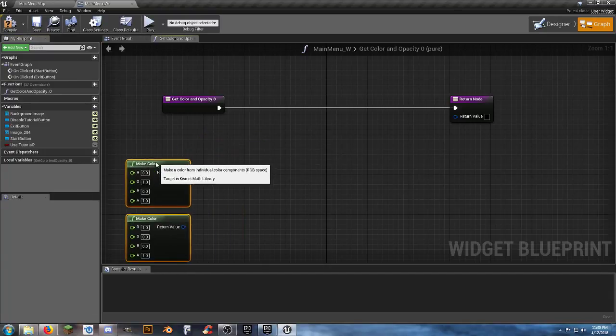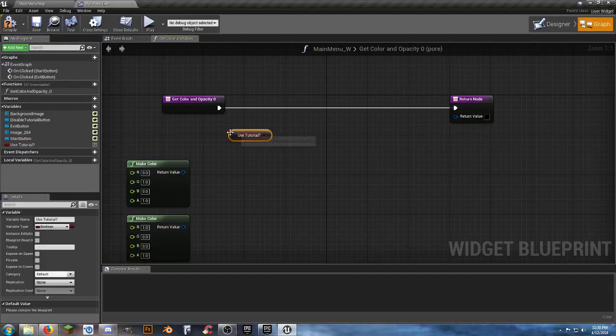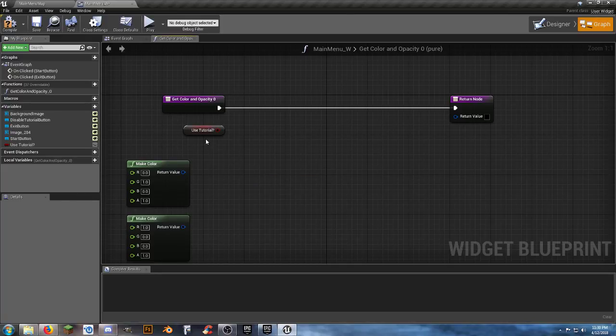I'm going to drag these guys out of the way here, and hold down the control key and left click and drag the use tutorial into it, and that's going to give us a get reference. If you hold the alternate key down and left click and drag it in, it'll give us a set. So we want to get this,